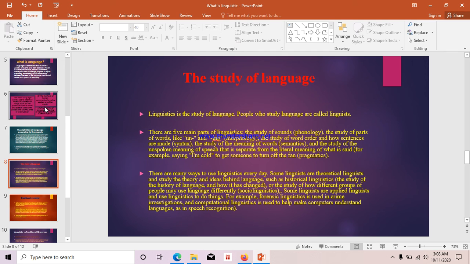The study of language. Linguistics is the study of language. People who study language are called linguists. There are 5 main parts of linguistics: the study of sounds, phonology; the study of parts of words like -an and -a, morphology; the study of word order and how sentences are made, syntax;